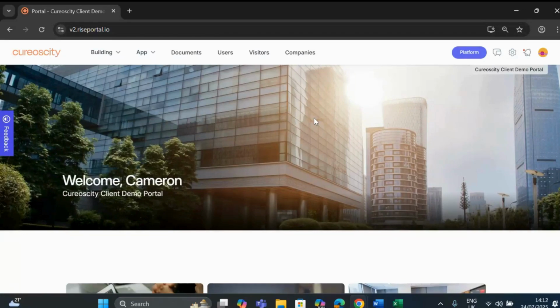I've just got access to my new portal and now I need to get that set up. So what are the top 3 things that I need to do first? So in the first instance, what you want to be doing is going into the settings cog in the top